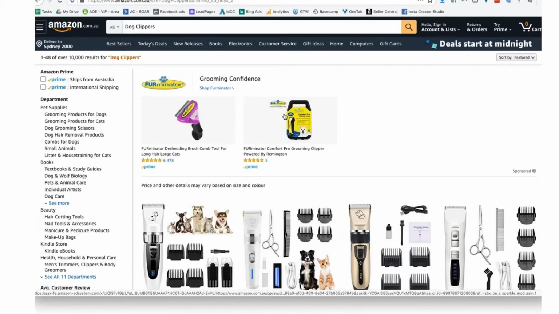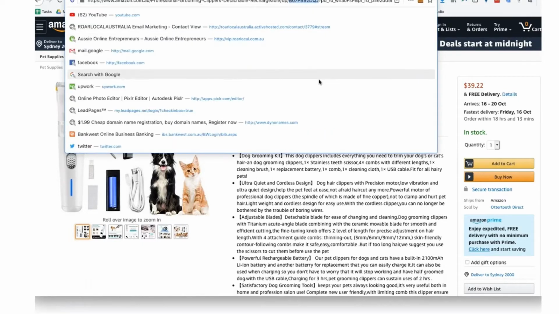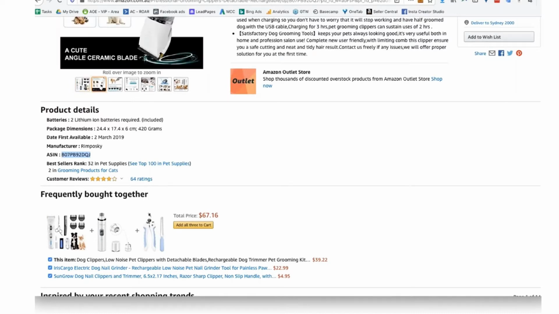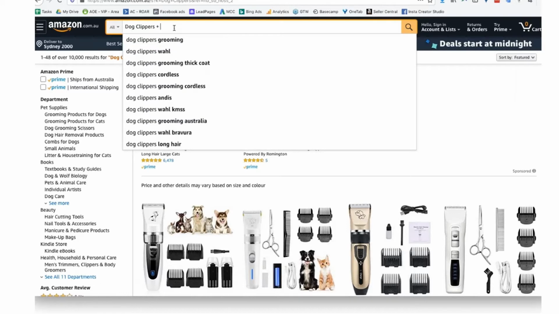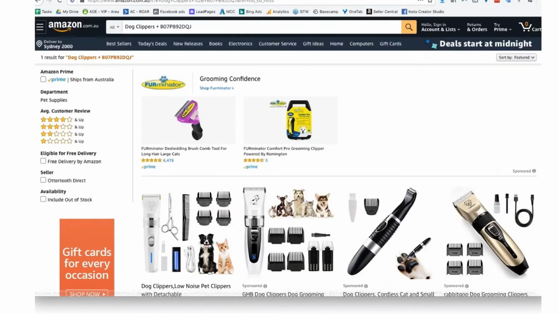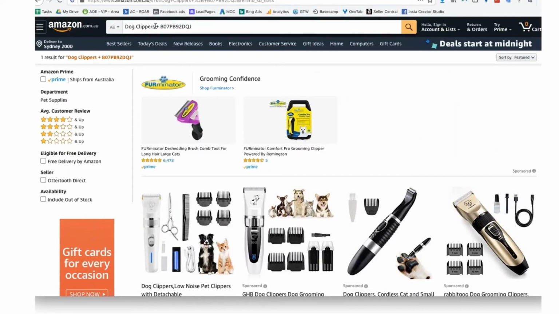So what you should do with your product is just check that you've been indexed. How do you do that? Pretty simple. You just get your ASIN, and you can get your ASIN from the URL. It's always just there. Or you can get it from the product details area under ASIN, just there. Copy it. Come back over to Amazon. Type in your search term. And we've got one result. Here we go, look. So we now know that our product, this one right here, is indexed for the search term dog clippers, because Amazon has shown us. You can ignore all these, look, they're all sponsored. Okay? But what about